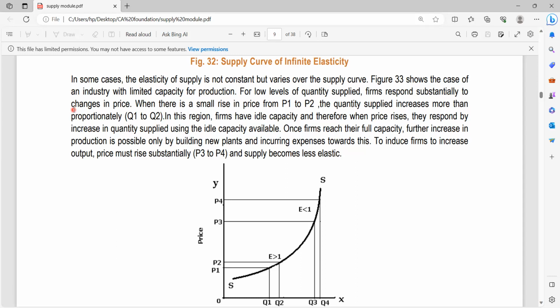बट जब हम आगे मतलब इसमें जैसे उन्होंने बताया कि व्हेन देयर इज अ स्मॉल राइज फ्रॉम P1 टू P2, तो आप जल्दी से अपनी क्वांटिटी सप्लाई इंक्रीज कर लेते हो क्योंकि वहां पर आपकी आइडियल कैपेसिटी है, और उस वजह से आपका सप्लाई जो है वो ज्यादा इलास्टिक होता है। पर जब वो फुल कैपेसिटी पे पहुंच जाते हैं, एक पर्टिकुलर लेवल पे पहुंच जाते हैं, उसके बाद उनका जो फर्दर इंक्रीज इन प्रोडक्शन होता है वो सिर्फ प्लांट्स की वजह से, मतलब जो आपके फिक्स फैक्टर्स हैं